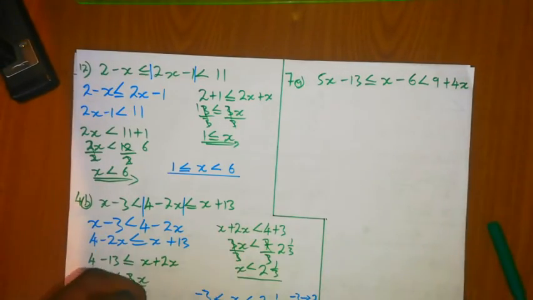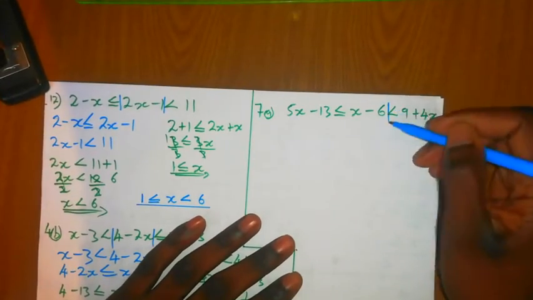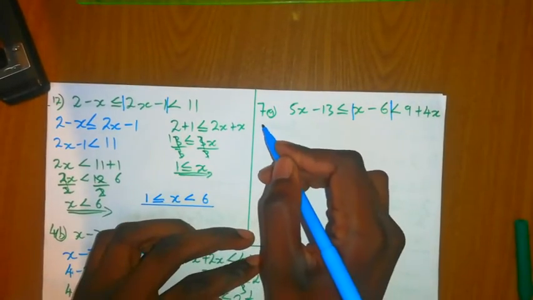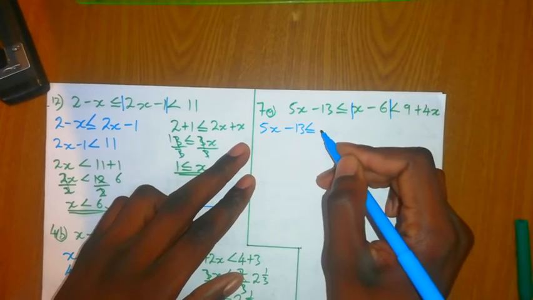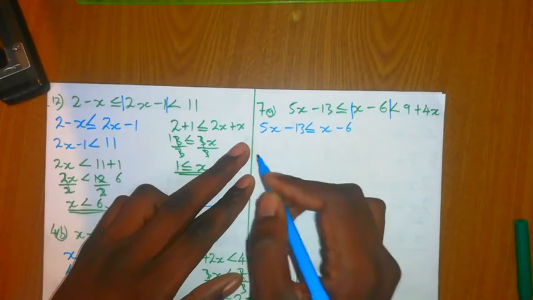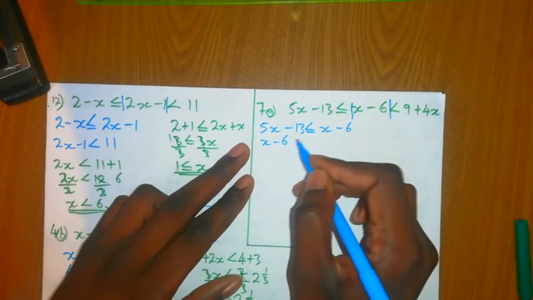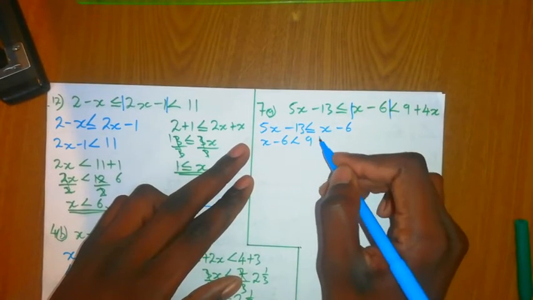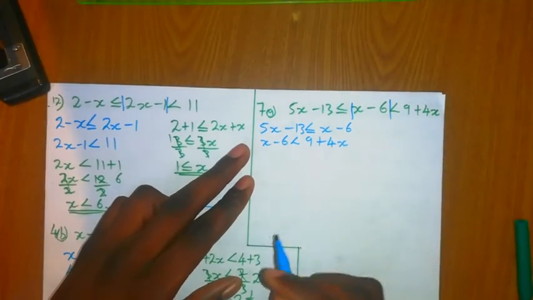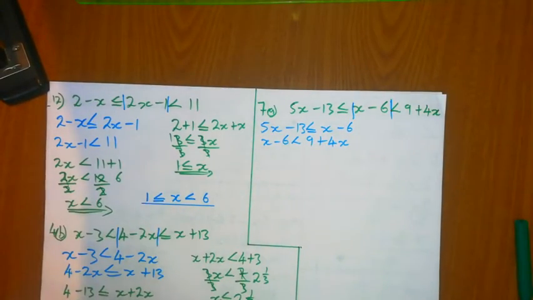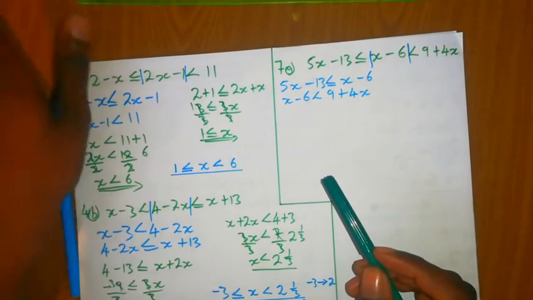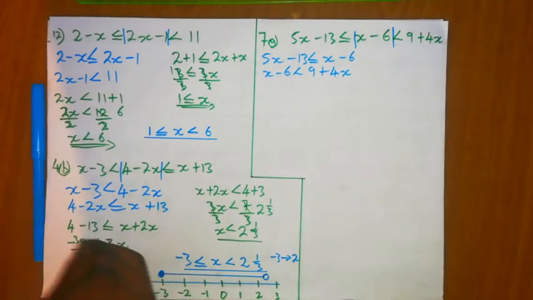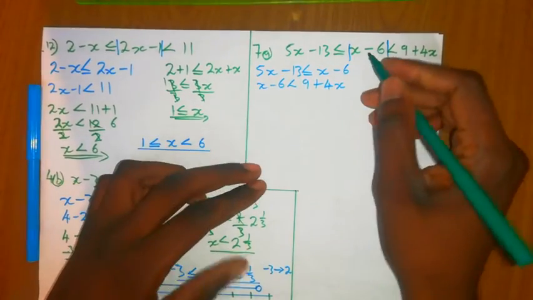Let's try to solve this inequality. Where do you split it? We split it there. It's going to be 5x minus 13 is less than or equal to x minus 6. Then x minus 6 is less than 9 plus 4x. We're going to solve these inequalities individually. So we're going to have